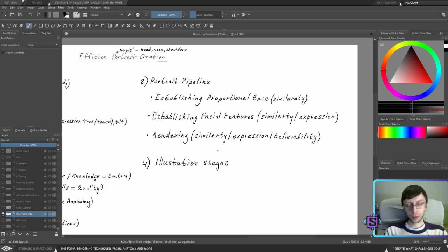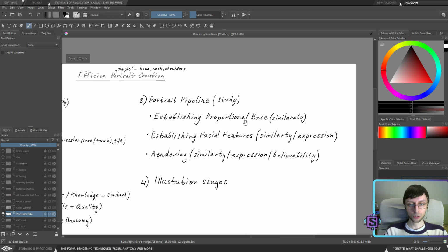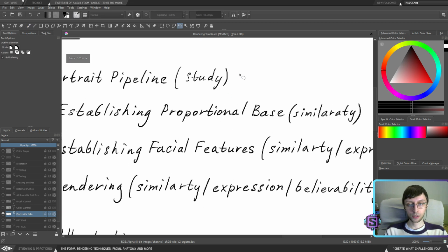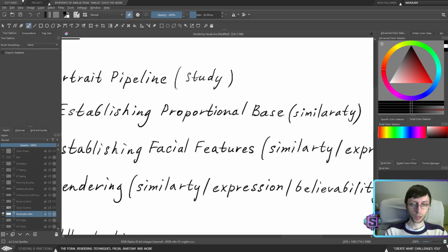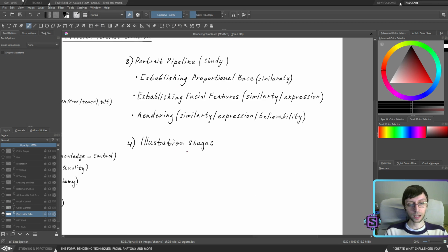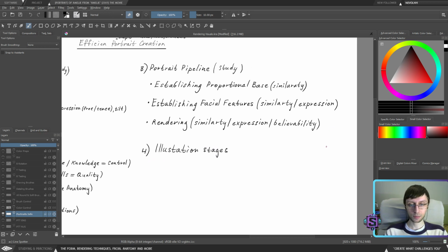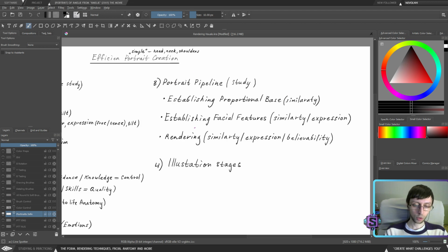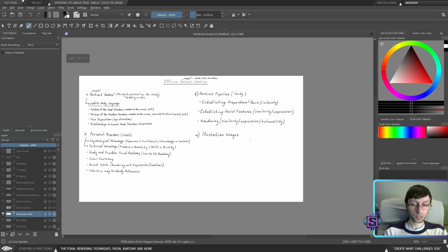So again, portrait pipeline, it's more like just a study. Right here, our main goal is to study portrait and then utilize this study in the actual pipeline. So here is where the actual pipeline comes in. We're going to take the actual pipeline from the illustration, and we will try to adapt it to this portrait pipeline. I will cover all three types of pipelines, and then we will try to connect them together, because this is, for me personally, something that I need to do.